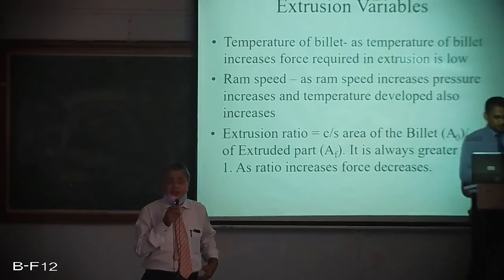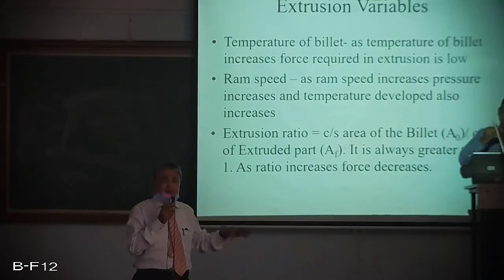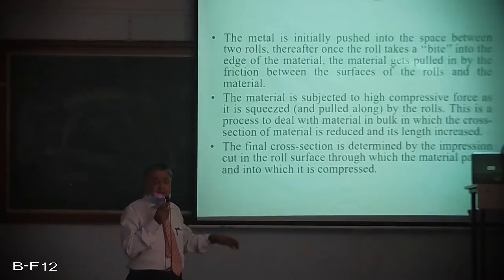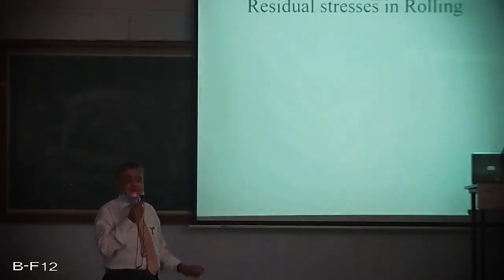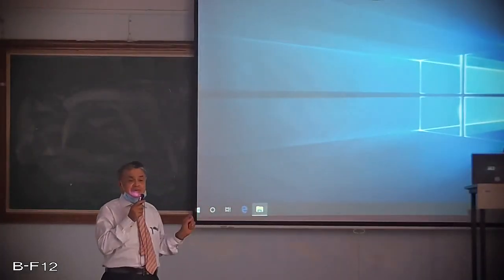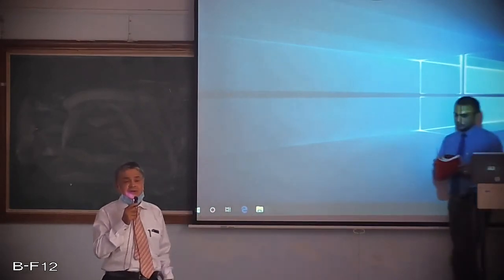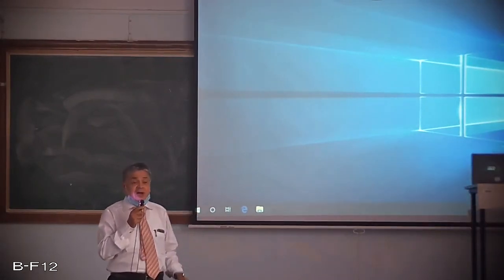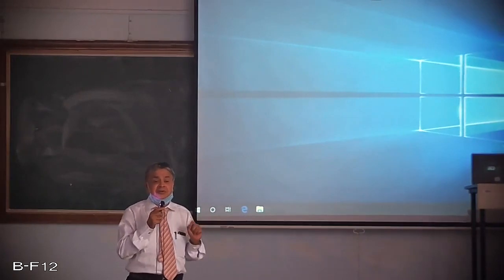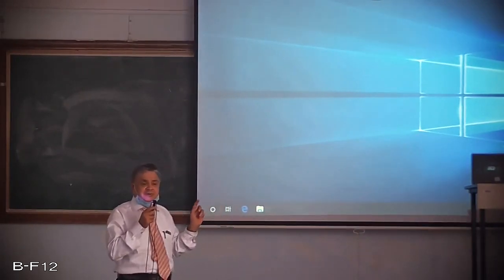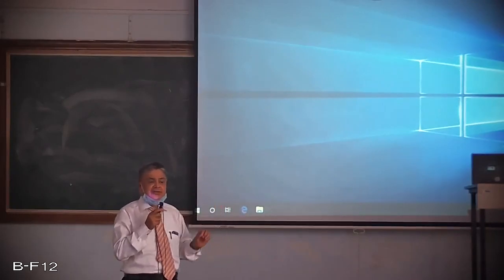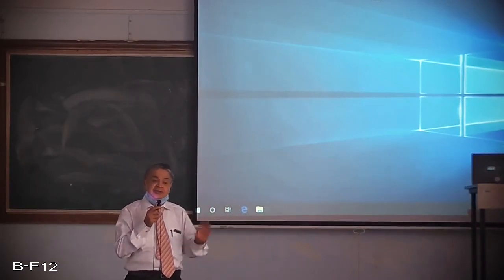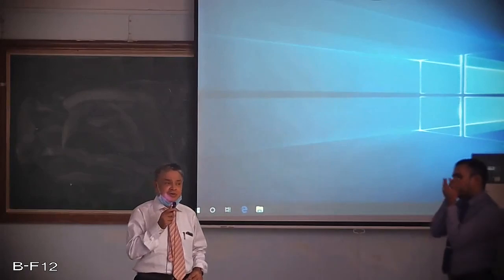Here, one point that I would like to mention is, sir has covered it aptly, but you also have to inquire. For example, whatever your extrusion parameters are, they are not parameters only for extrusion, but they come under tool design also. For example, suppose in your profession you want to design an extrusion die. Then are you designing it for what temperature of extrusion? That is also important, because here one of the variables is temperature. As the temperature increases, the flow stress decreases, and because the flow stress decreases, the total force on the die reduces. This is one parameter that has to be looked into carefully.